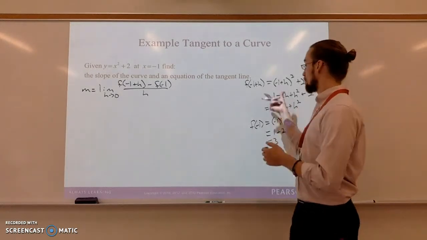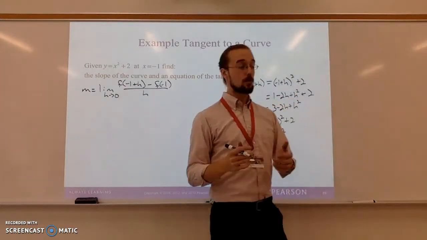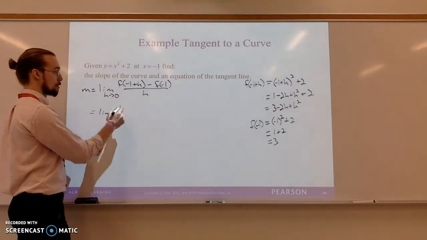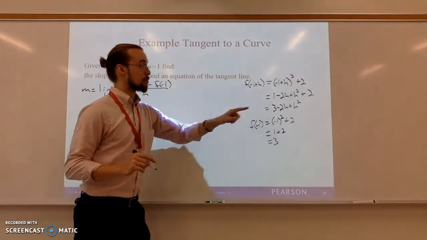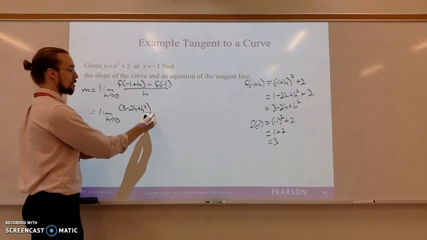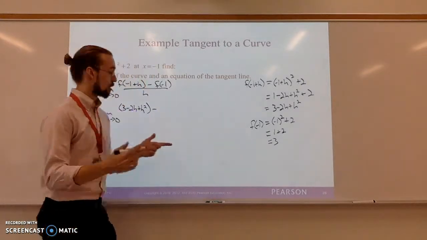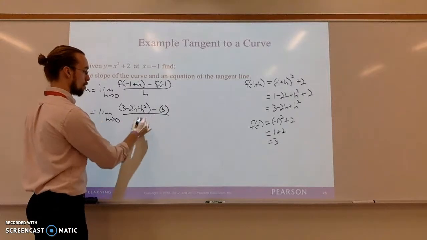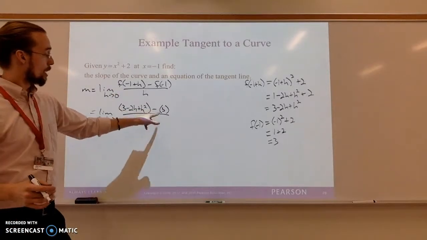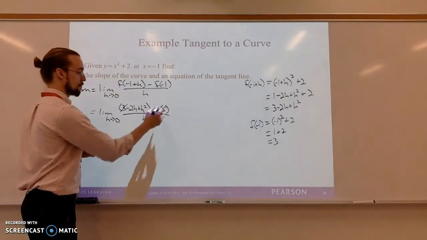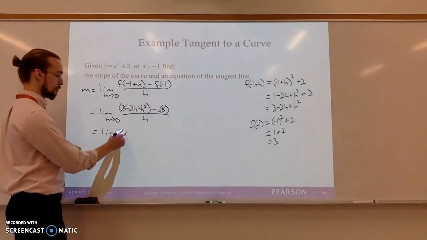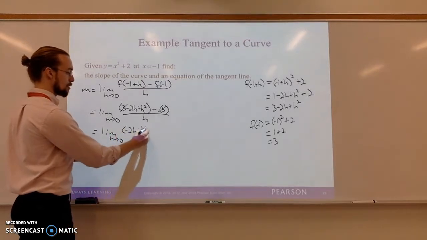So now I can plug these two pieces of information in right here. Okay, so f of negative 1 plus h. So this is the limit as h approaches 0 of f of negative 1 plus h, we said it was 3 minus 2h plus h squared, so 3 minus 2h plus h squared minus f of negative 1, we said it was 3, all over h. Now again, just like our last example, 3 minus 3, those cancel out. Okay? And I'm left with the limit as h approaches 0 of negative 2h plus h squared